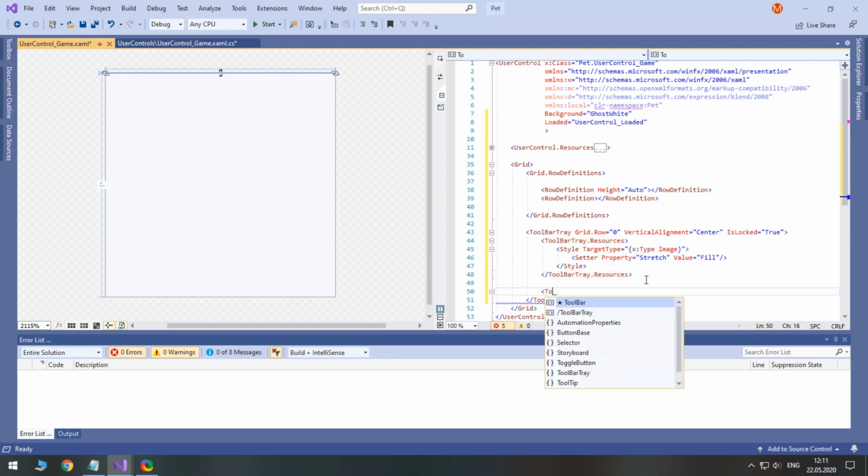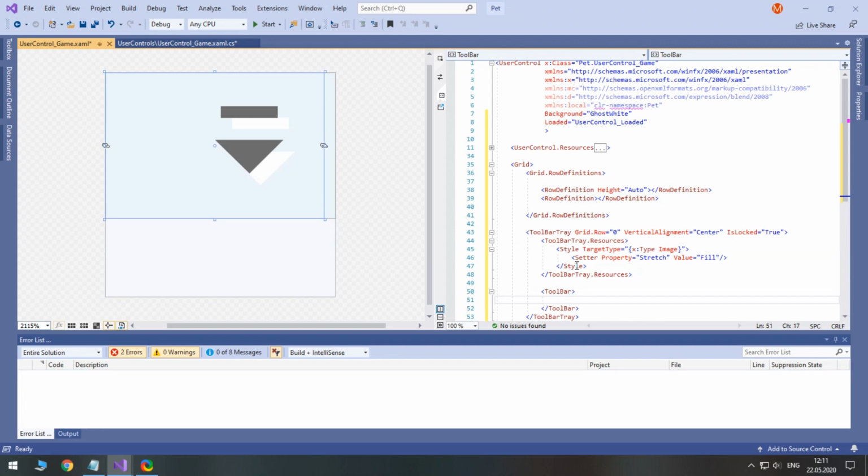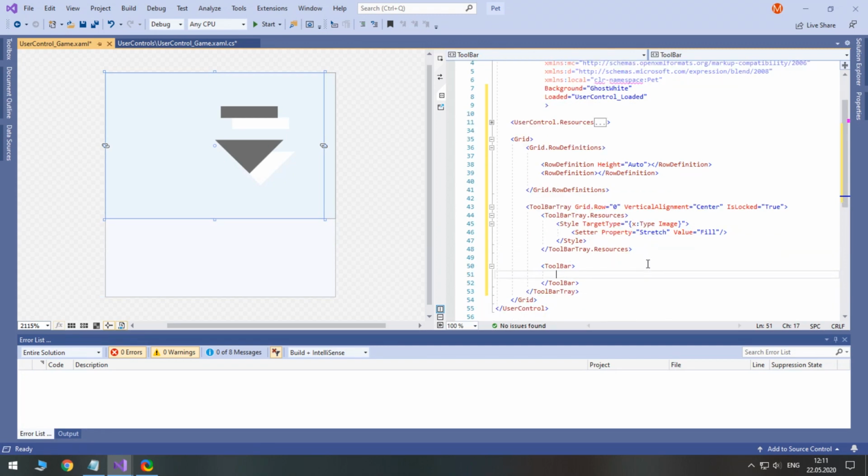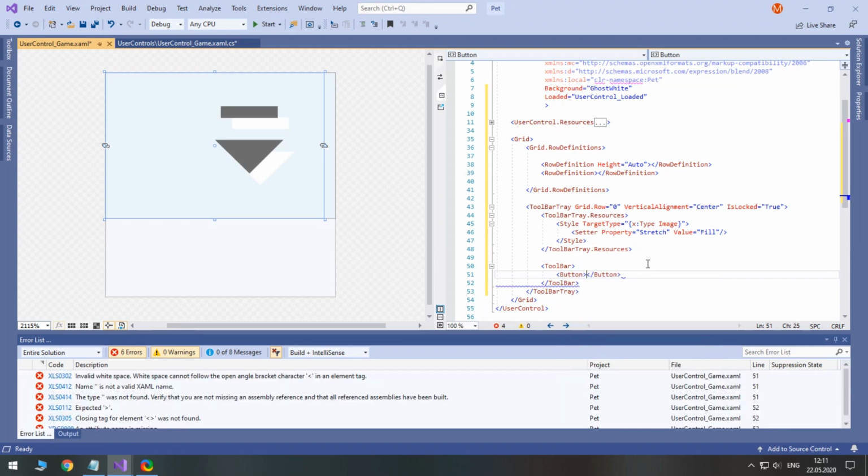Inside a toolbar tray, you should place a control called Toolbar. And here we can finally place our tools as usual controls. The first one will be the Restart button, with both an image and text.